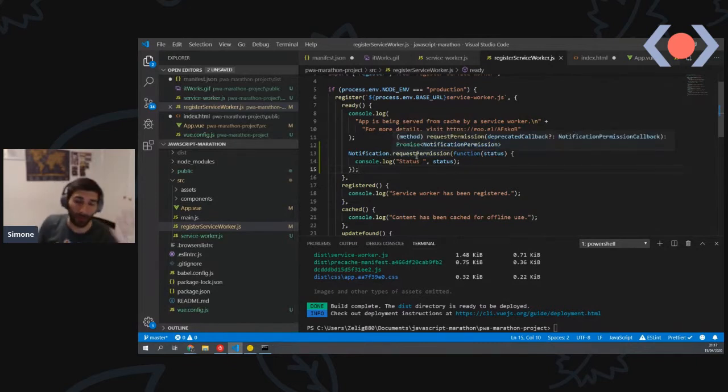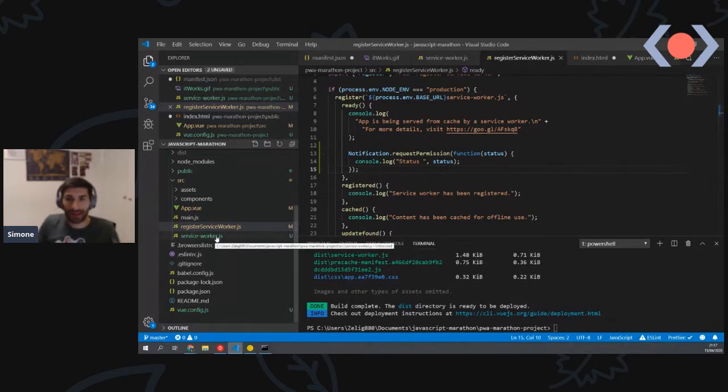This is just to ask the permission. It's going to show a little pop-up to say, do you allow or disallow the use of the request? Next up, we actually need a way for those. A push notification works in two ways. The website can push information, and there has to be something within the service worker that gets that information and pushes it over to the application, such as Windows or your phone. If you have Amplify or Firebase, it will push the notification to the service worker, and the service worker will push it to your